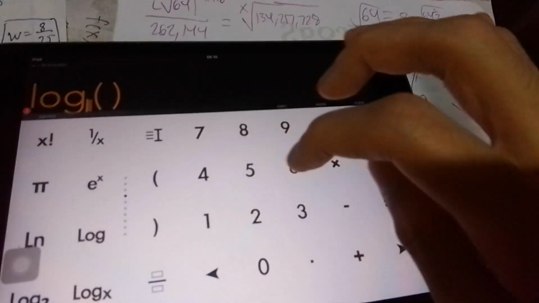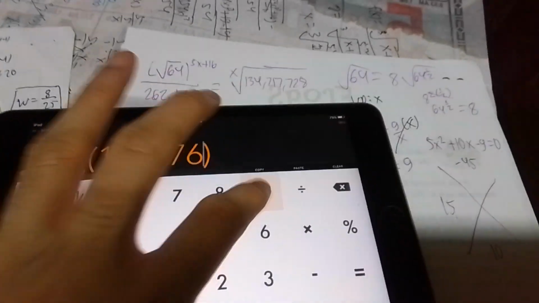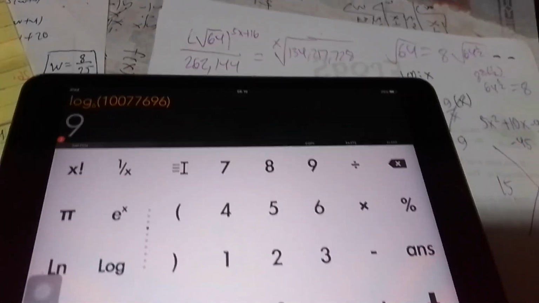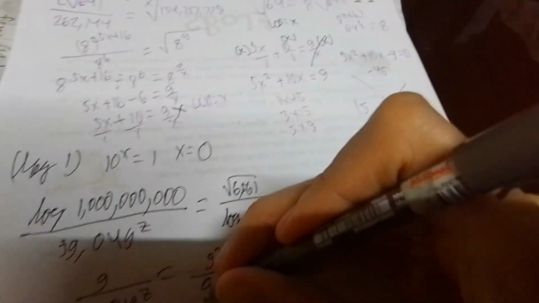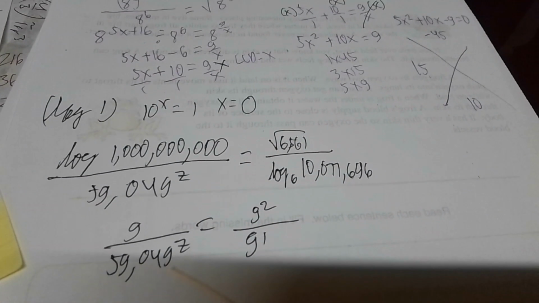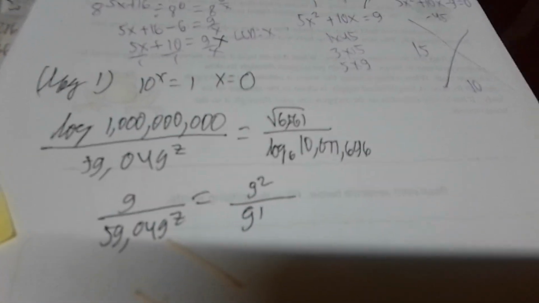And then we have this one, log base 6 of, remember, we have here, log, where's the log? And then log base x, type 6 there. Click on the arrow to move on to the next location. 10,077,696 is 9 raised to the 4th power. So now we can solve. This one, we can apply cross multiplication to solve for the answer. But I think it's better if we just divide, because 9 squared is just 9. Right? So moving here, we have 9 divided by